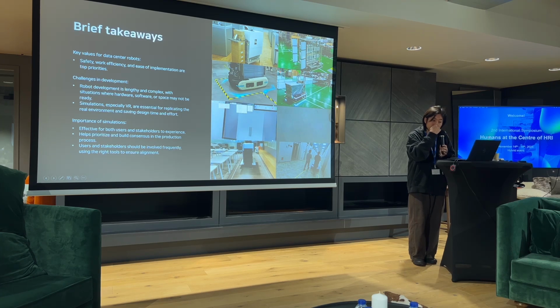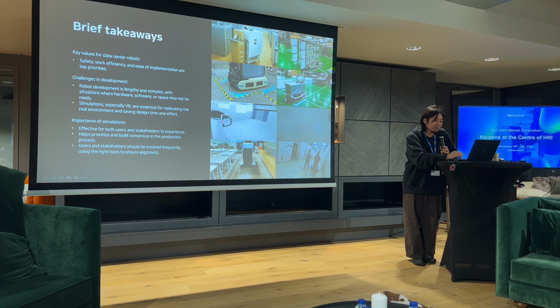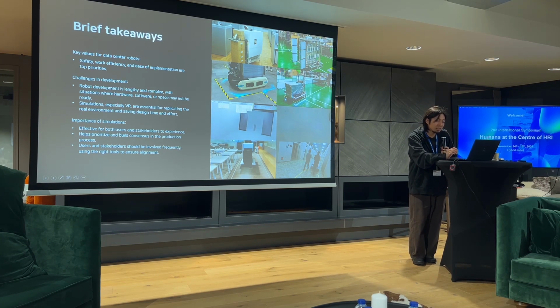And it's also crucial to let both users and the important stakeholders experience the simulations. In production, setting priorities and building agreement is very important. By involving users and stakeholders as often as possible during simulation, and by choosing the right tools for this, we can ensure everyone is on the same page and make the possibility of implementing design features in reality